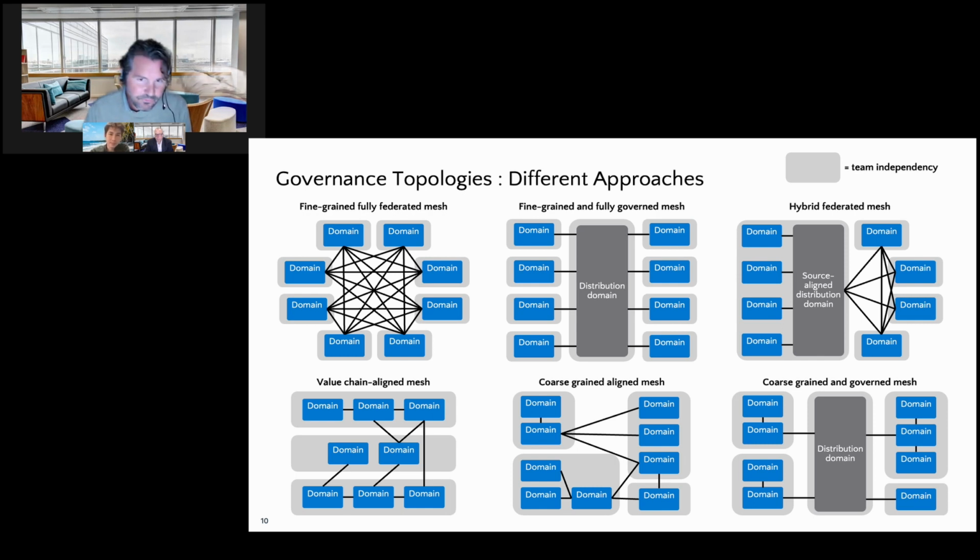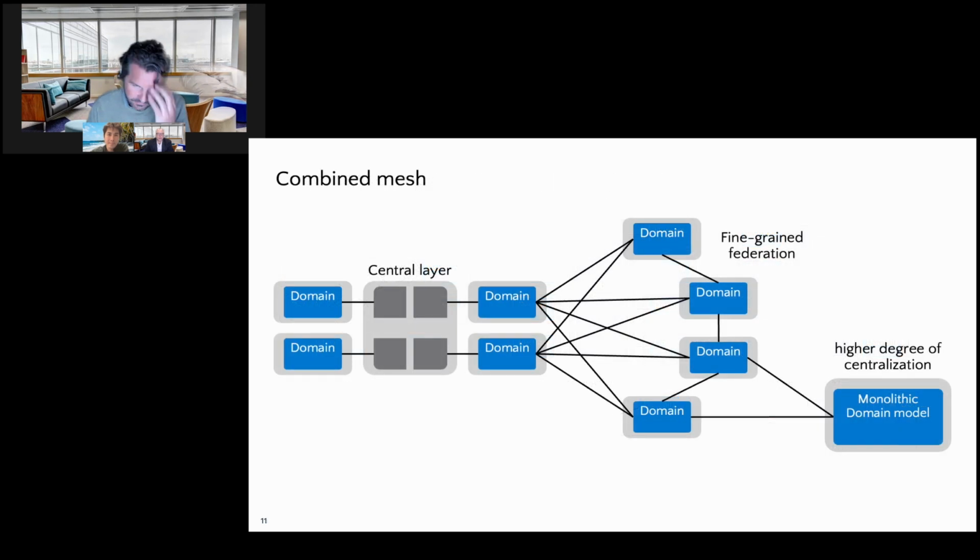And then sometimes you even see combinations where you organize your domain structures in a way that is quite coarse-grained, but still with that central layer of distribution in between. So that's another topology you could follow. And I see all of these different approaches when talking to customers, and sometimes even combined. So if you take a look at the next slide,